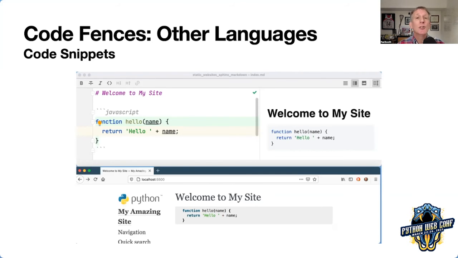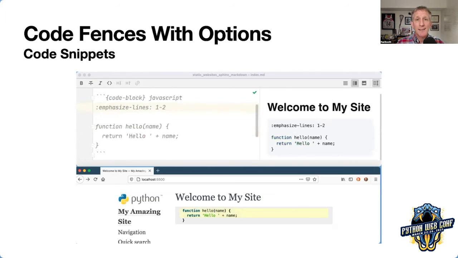But Paul, can you do more? You talked earlier about directives and options. Can I do that with code fences? Why, yes, you can. Sphinx has some pretty cool stuff in storytelling about code. And I'm gradually building something up. I don't want them to have to reread 30 lines and see what changed. I want to highlight the change. And so I can pass this argument called emphasize-lines. I can do it with normal kind of reStructuredText options, or I can use that YAML thing.